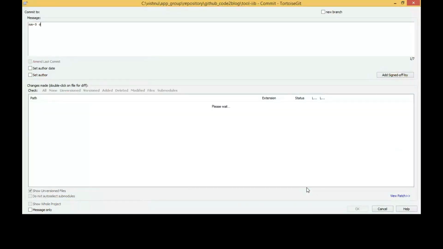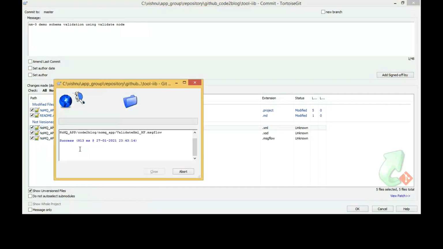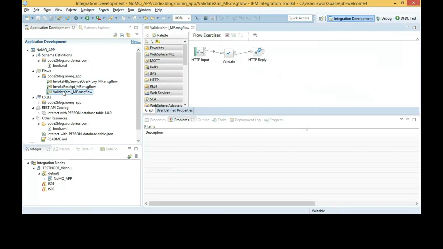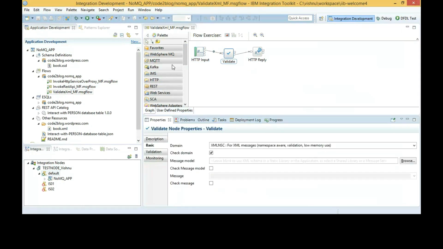I call these things commit tags. Let's say you have a project and there are 100 commits, but you only are working on one actionable item, that is demoing the feature of validate node. So you could commit 10 times for the same feature, and commit tag will help to identify the feature apart from the commit. 10 commits equals one feature.